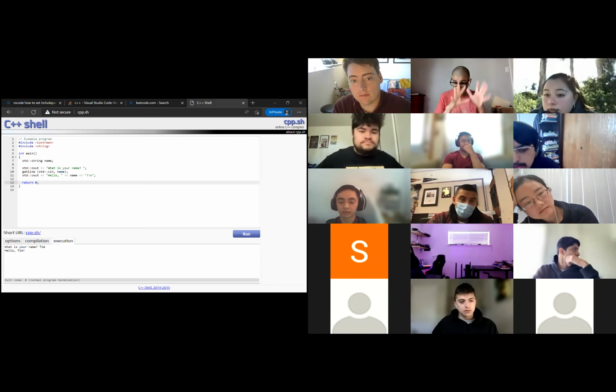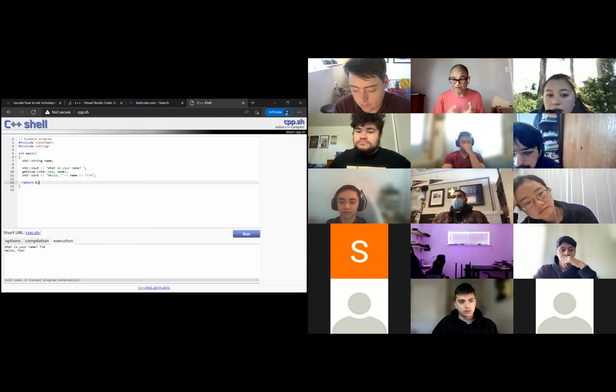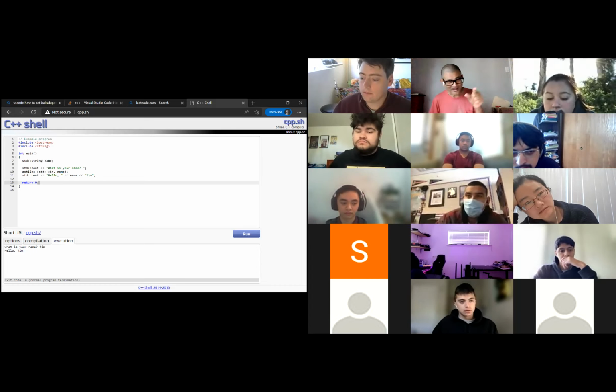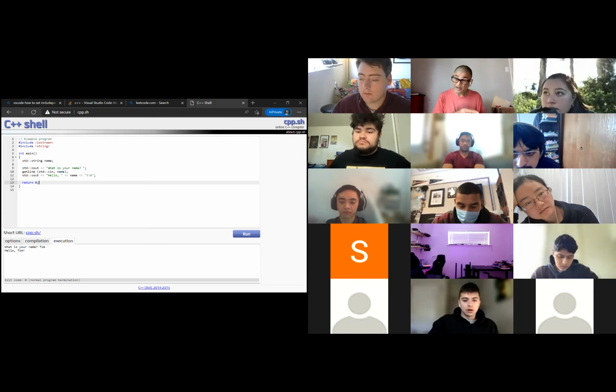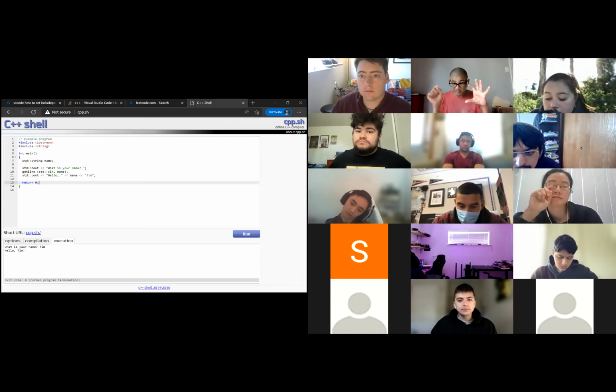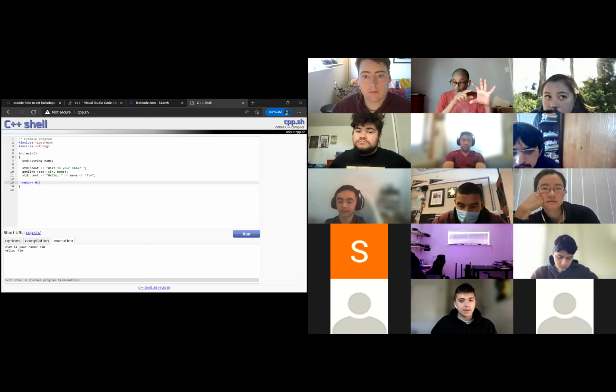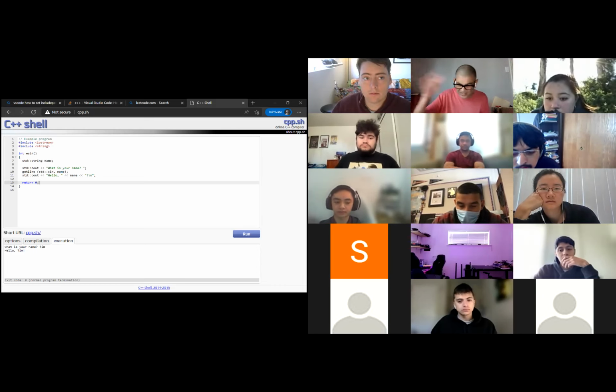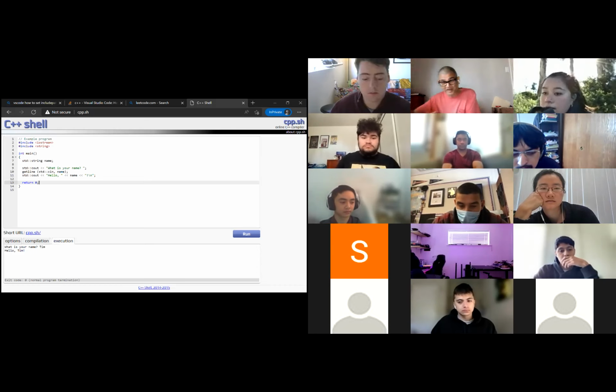Now, rather than us typing it in, all we have to do in our program is type one line right at the top of our code saying hash include iostream. That line is essentially a signal to the compiler. In fact, it's not the compiler. It is something that goes before the compiler called a preprocessor, the C preprocessor, CPP. So before it takes this 14 or 15 line program and sends it to the compiler,